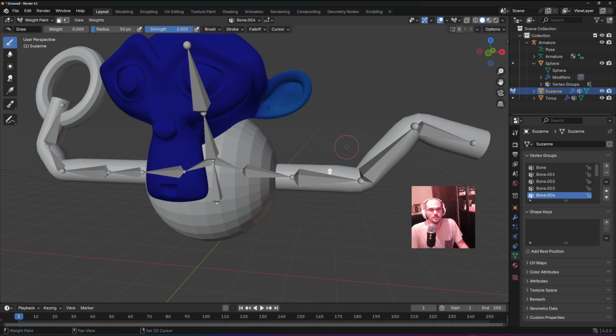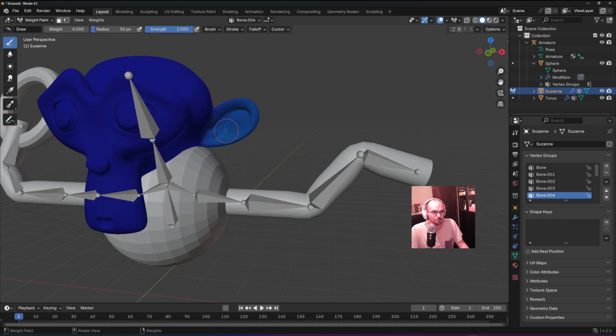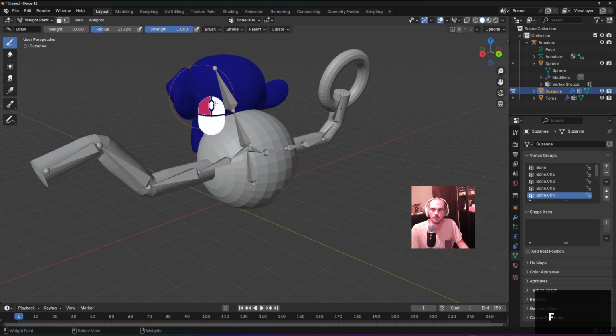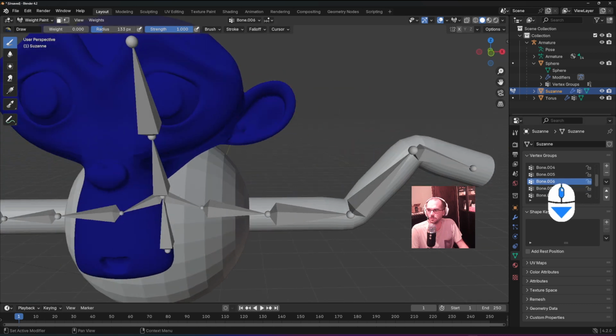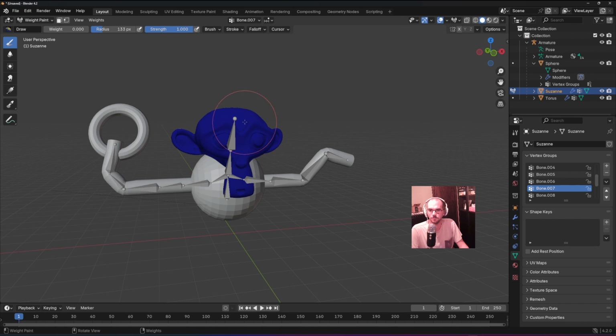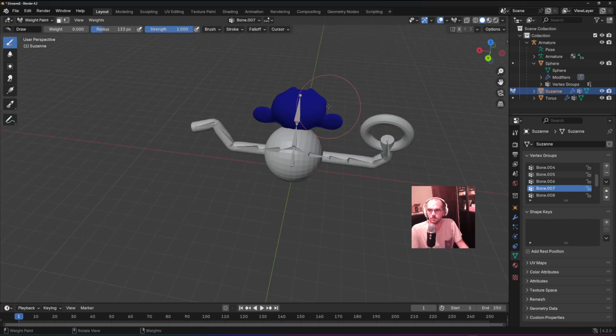And so this is sometimes what happens with automatic weights. So you can just paint this a dark blue again. F to make that bigger, so it doesn't move with it. See anything on bone 5? Yeah, it's still a little lighter blue. For some reason, it's moving with it. So this is how you can go in and adjust a custom armature, just a little bit. Anyway,